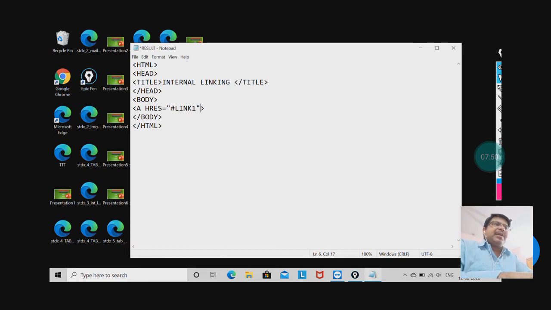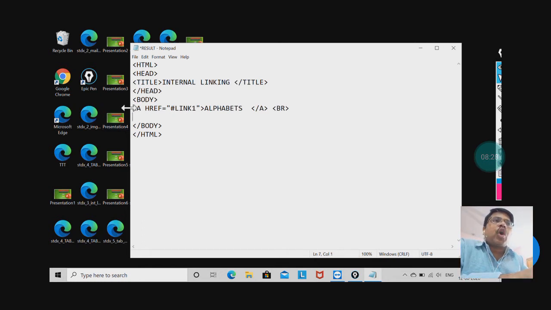So here the first segment has link 1. Now what do you want to have? Alphabets. Okay, alphabets. Wait, I made a mistake here. It should be href. Alphabets. And then use /a for closing your anchor tag, and you must use br. I've already discussed what br is, to have a line break. Otherwise, the other link will also be shown in the same line. So if you want the second section to start from the next line, then you must use br.